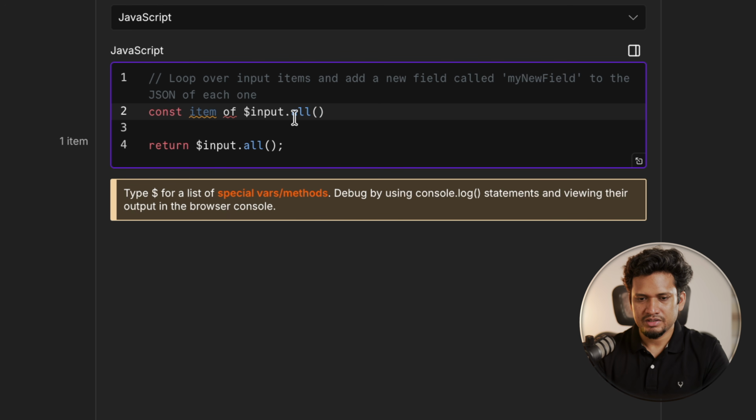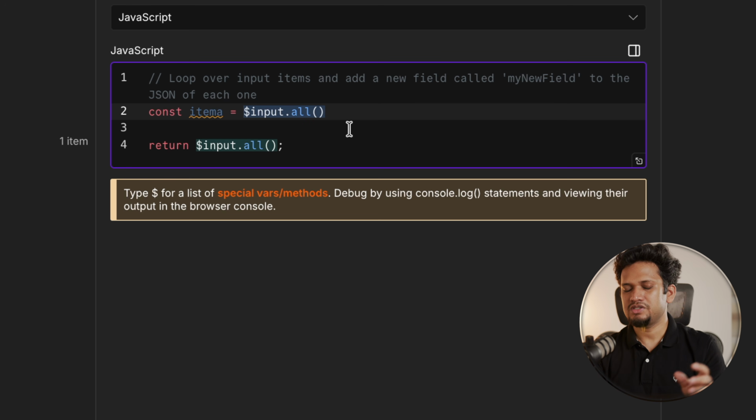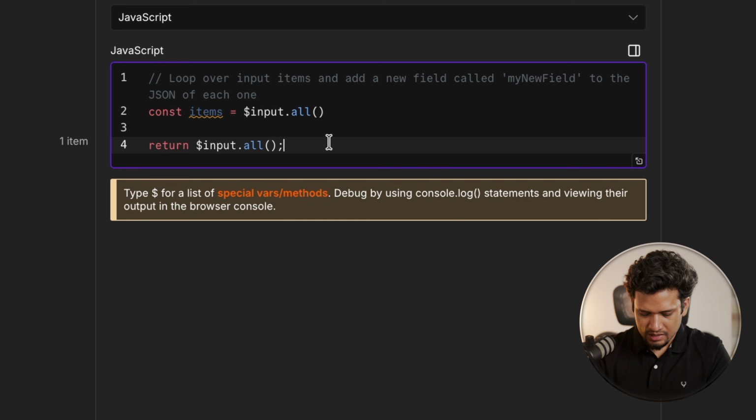Input is the information from the previous node. Now I'm getting all the rows which have been provided from the previous node and saving them into the items variable. And then I want to return